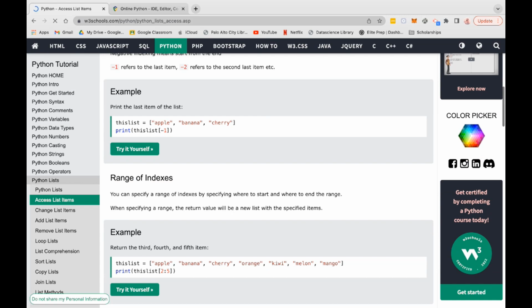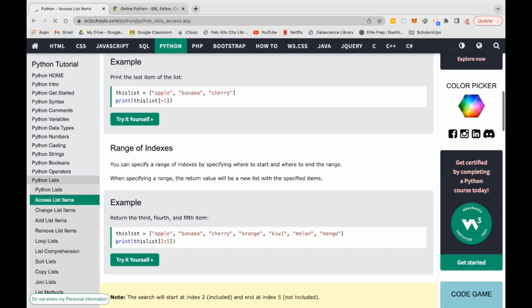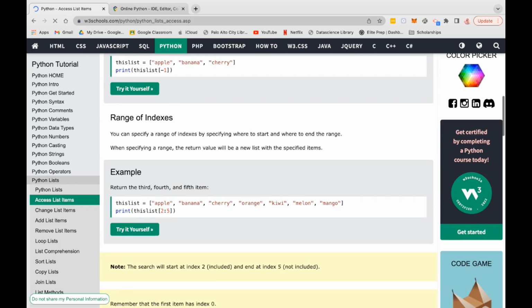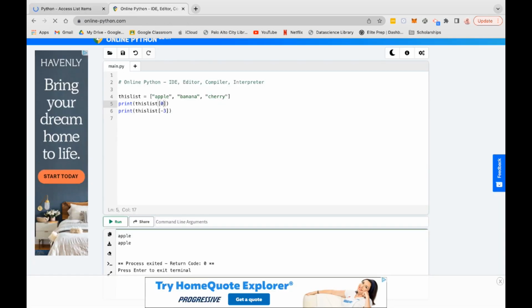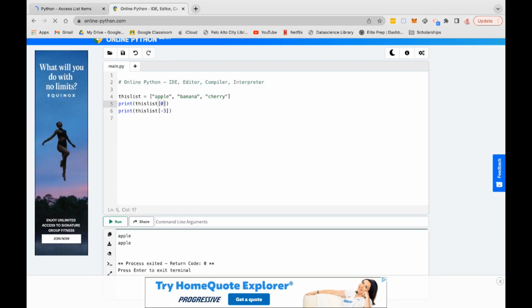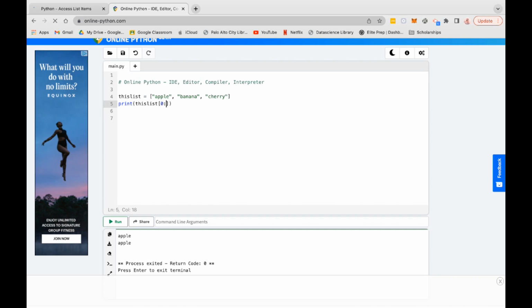So if you want to print out multiple values in your list, you can actually do a range of indexes instead of just doing one at a time. So the way you do that is you separate it with a colon. And first you put where you want it to start. So you want it to start at apple, then you can start at index 0. And if you only want apple and banana to print out, then you'll put the index of,